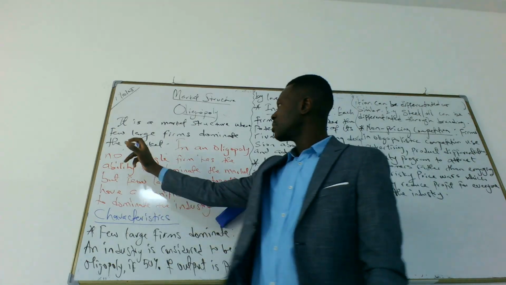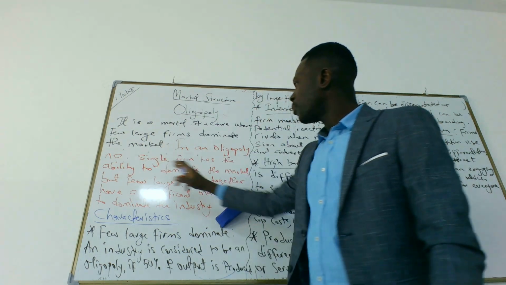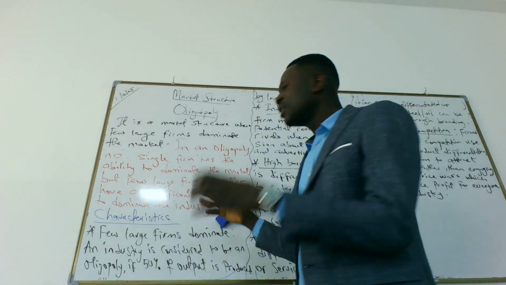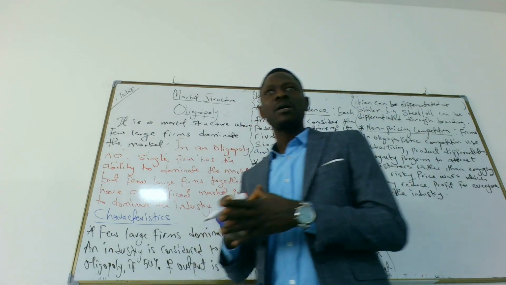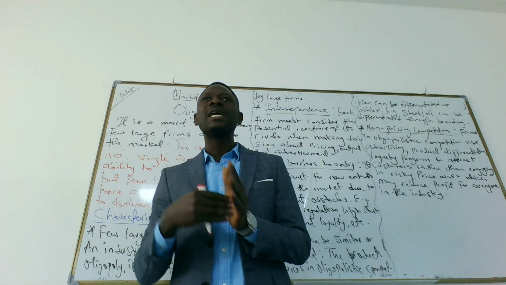So here it's a market structure where a few large firms dominate the market. In an oligopoly, no single firm has the ability to dominate the market, but a few large firms together have a significant power to influence the market situation. So that's why in oligopoly we might have what we call